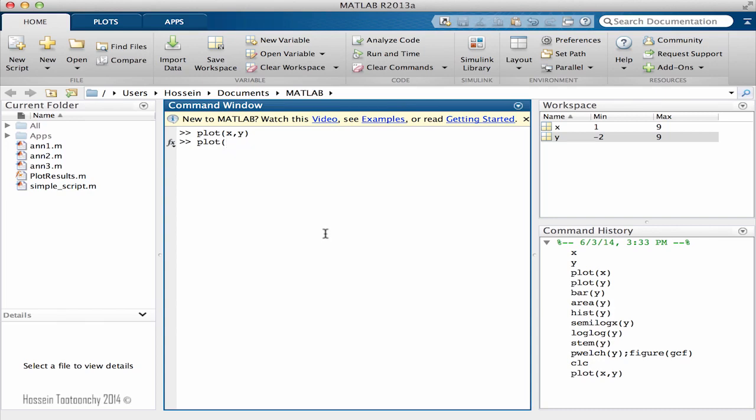To give you an example, let me type x and y, and then we have another optional section, and we put comma and then two single quotation, close parentheses. What comes inside these single quotations can change properties of our graph. We can change the color, we can change the style, and also the marker. To show you an example, I would like to graph the plot in magenta color. So I put M here, and if I hit enter,